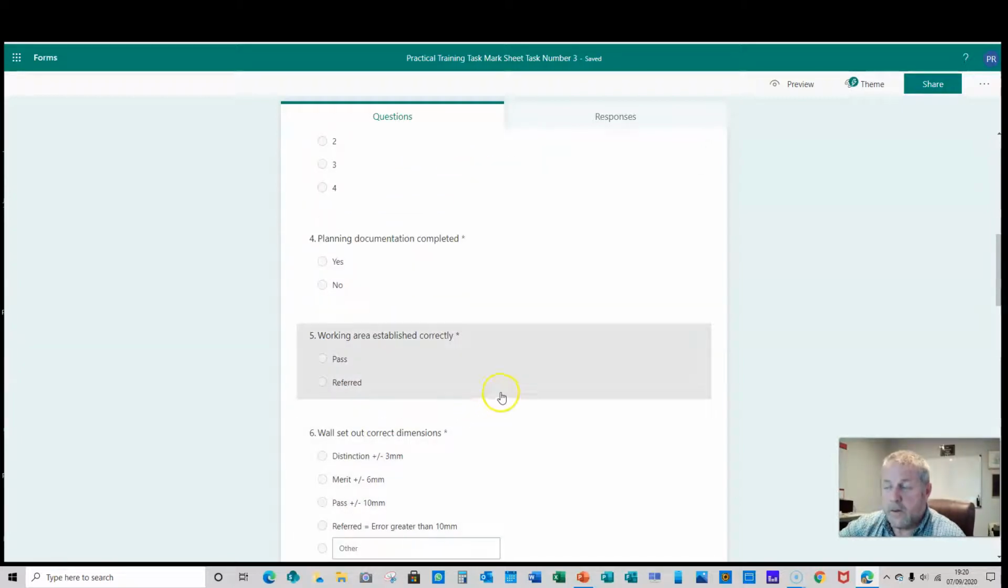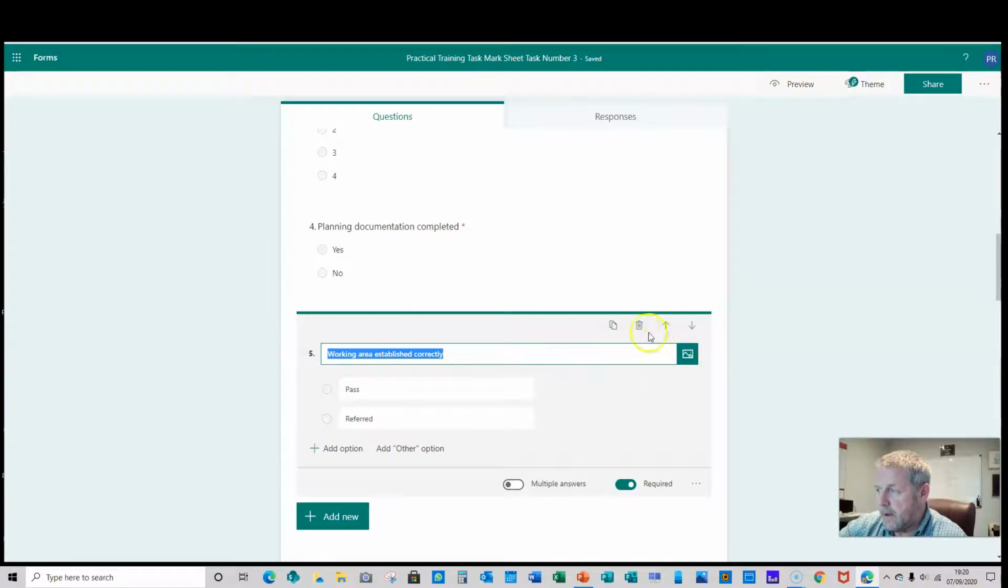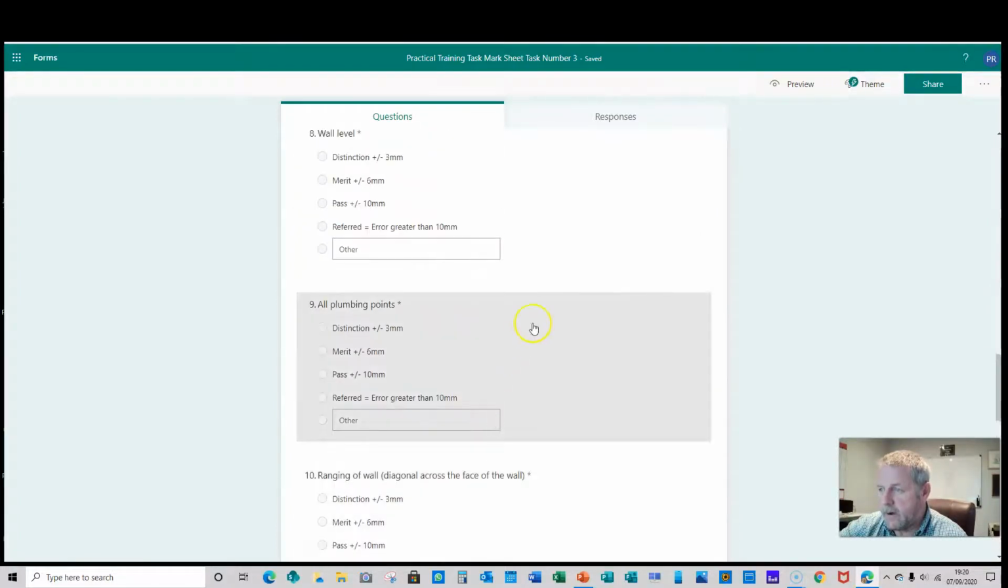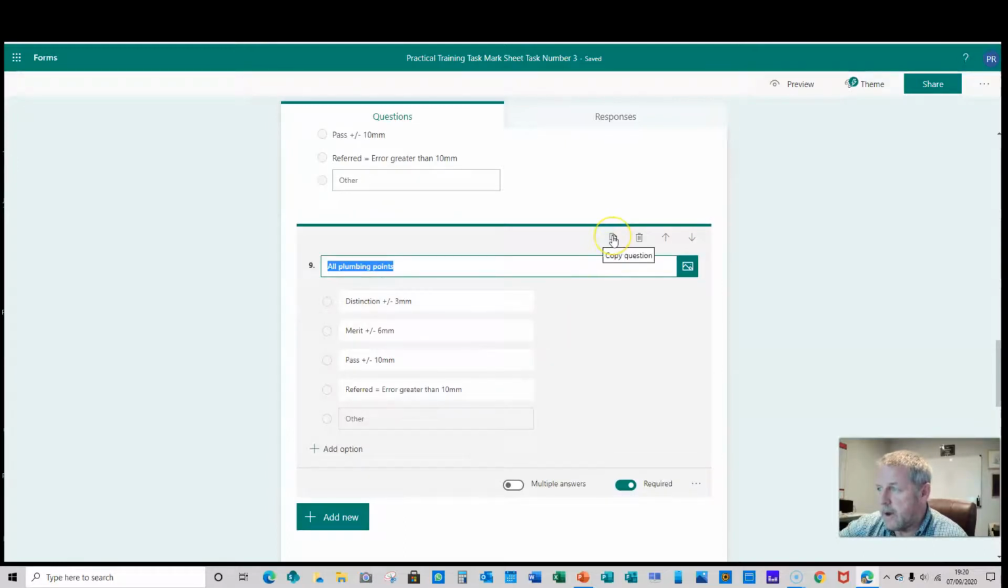If there's something that you don't like, or you wish to add in additional options or delete something, just click on the question, and you have an option to delete or copy. And where that copy really kicks in is if I look at all plumbing points. I've only set up on this particular marks sheet an overall plumbing judgment, but you might want to provide a judgment on each of the individual plumbing points. So all you need to do here is to highlight the question, copy it. You'll now see I have 2, and I could name the one